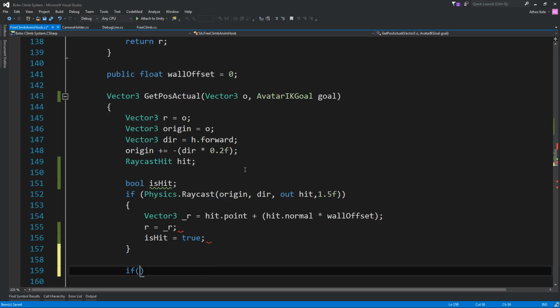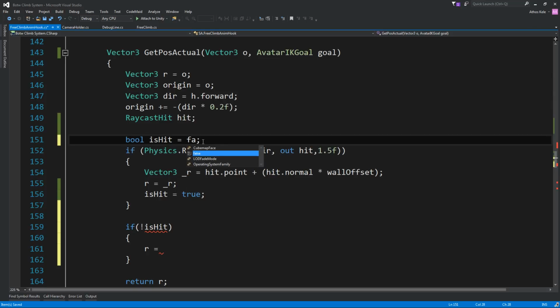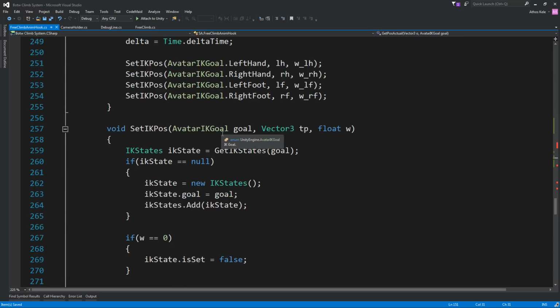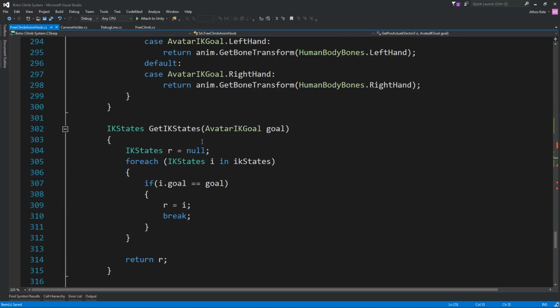If it's not hit, if not is hit, then the return position you're going to be passing false. Take that false and say set the key position called body bones.